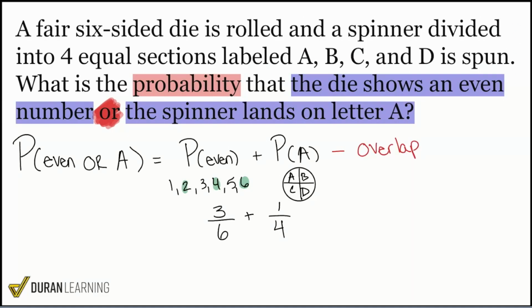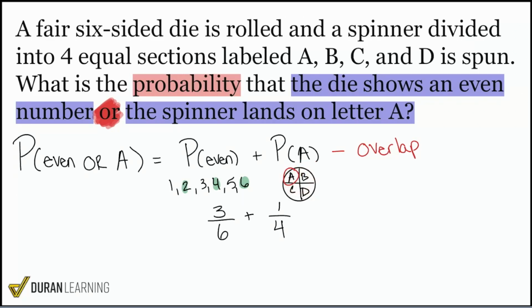So here's where that overlap comes in. And I want to make sure I'm very clear about this. Individually, everybody, when we roll the dice, sure, 3 out of 6 options. When it comes to the spinner, individually, if we're only focusing on the spinner, yeah, for sure, that's 1 out of 4. But there is that situation or the event where we roll an even number and we